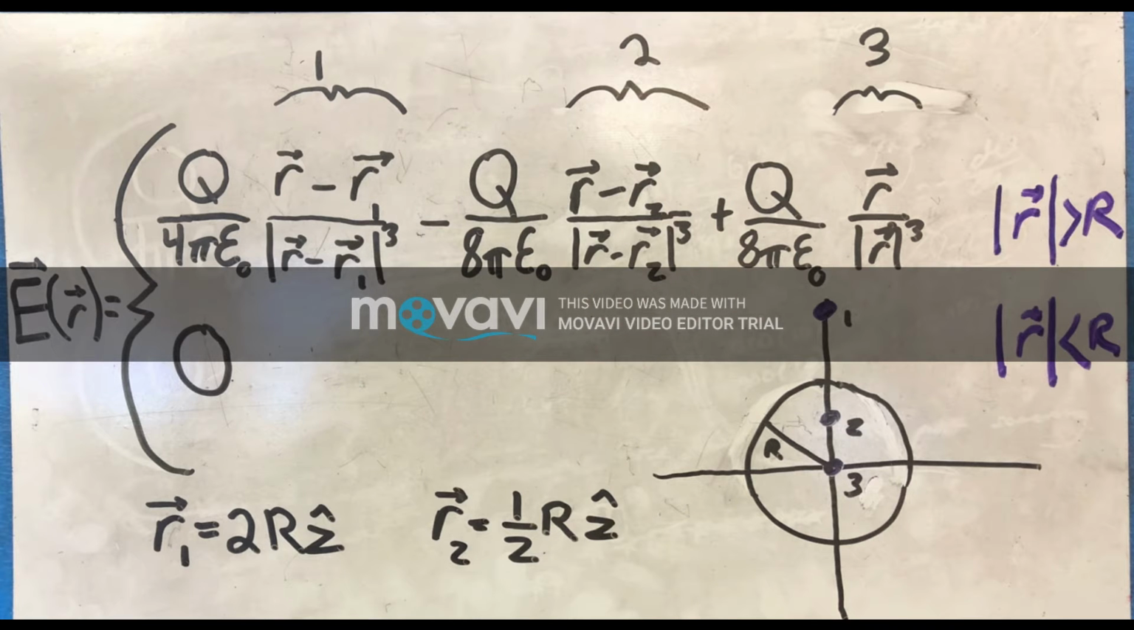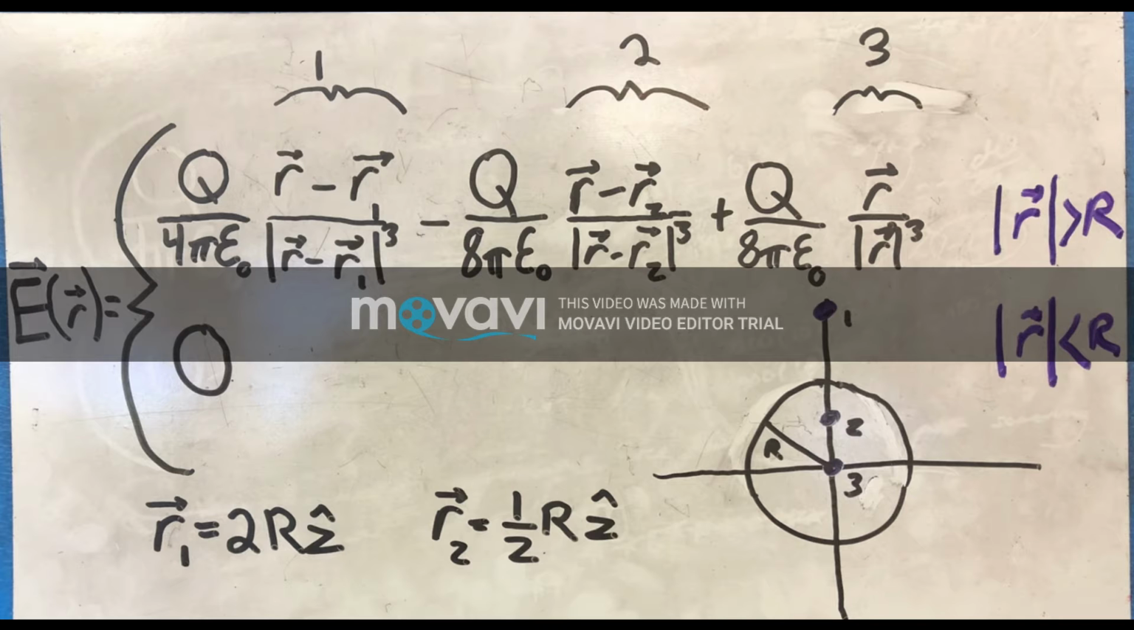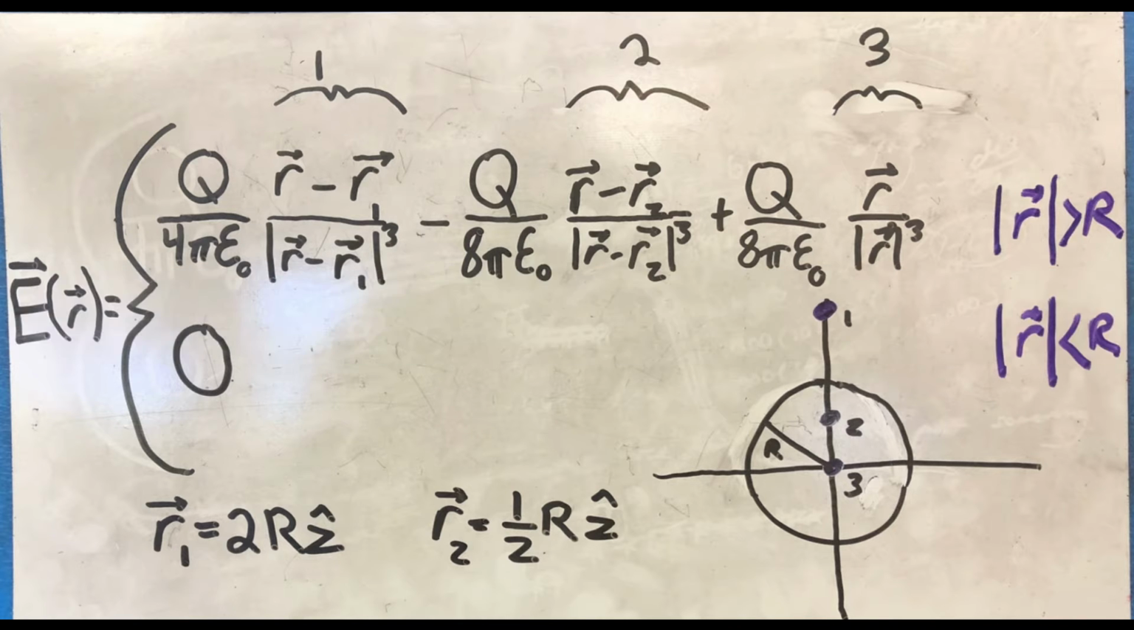The electric field is discontinuous. For the magnitude of little r greater than big R, we have this equation above, and this can be separated into three different terms. The first term, for r equals r1, is outside of the sphere, and for the other two terms,